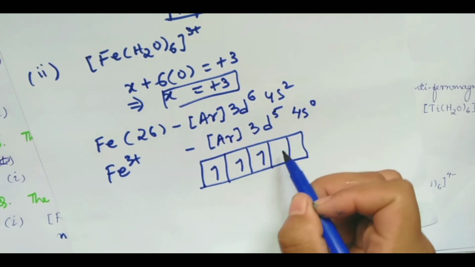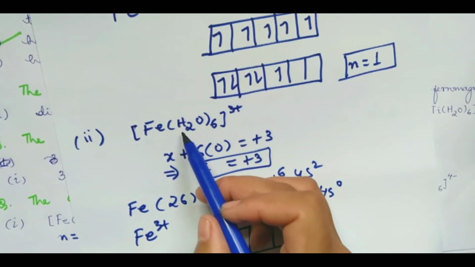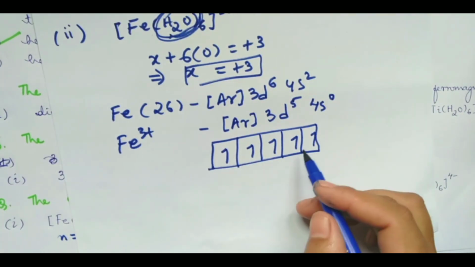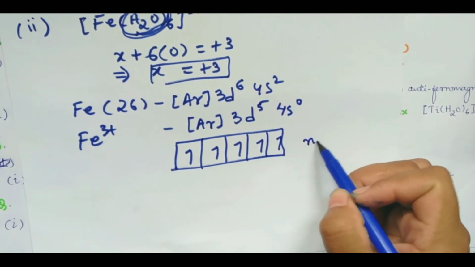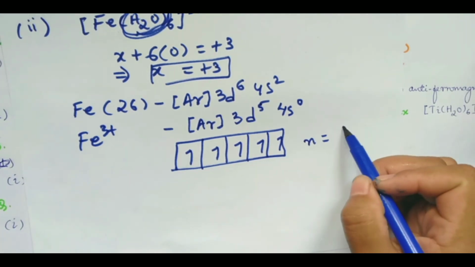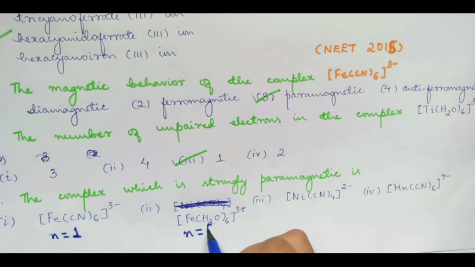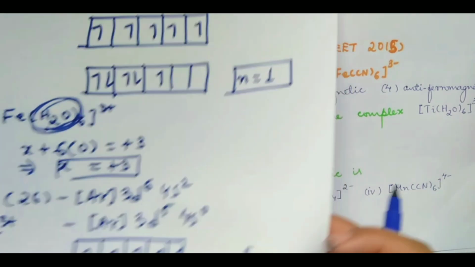One, two, three, four, 5. Now this ligand is a weak field ligand, so the electrons will not pair up. Then how many unpaired electrons we have here? 5. Here N is equal to 5. Next,